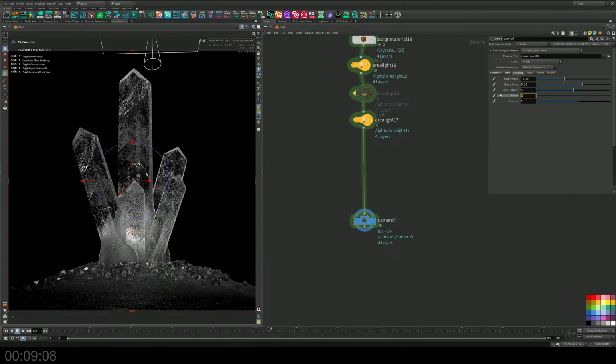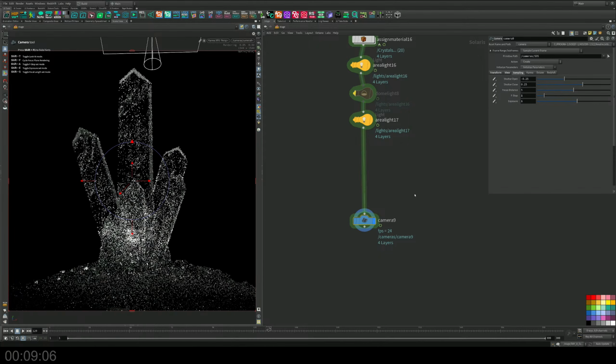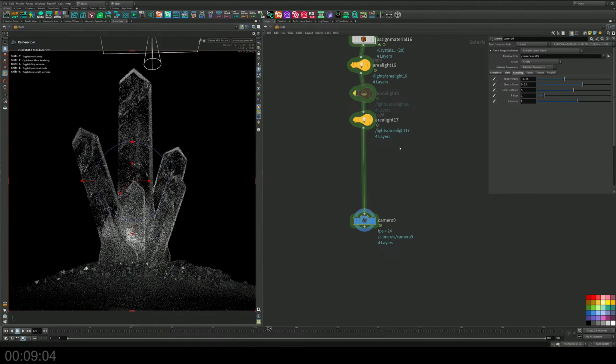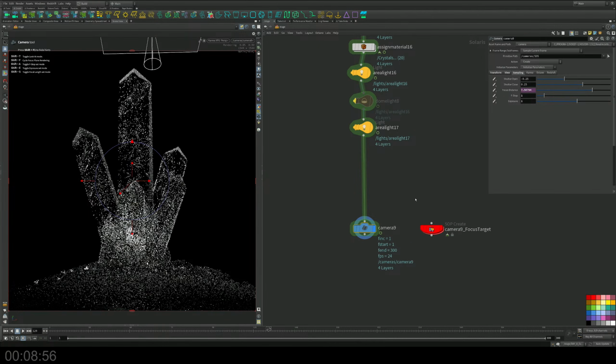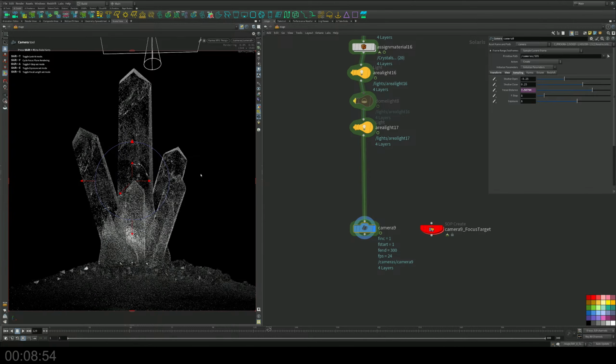Let's add some depth of field. And let's add our focal point. Right there, and